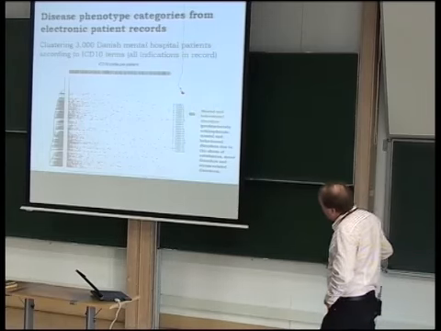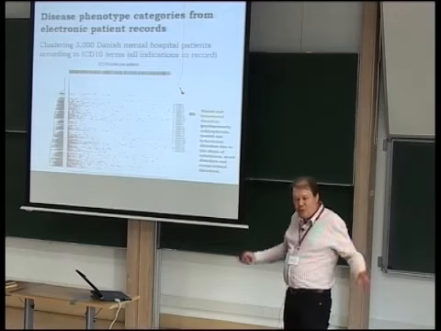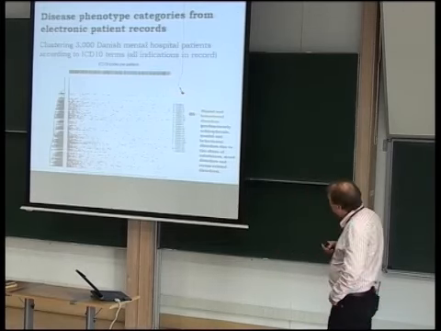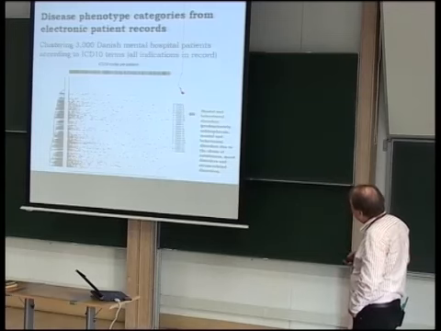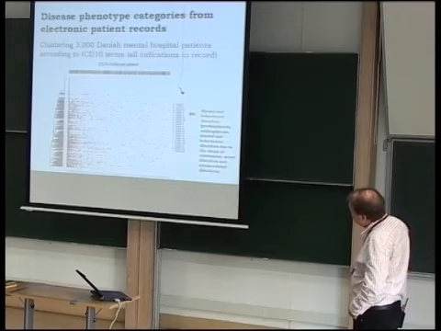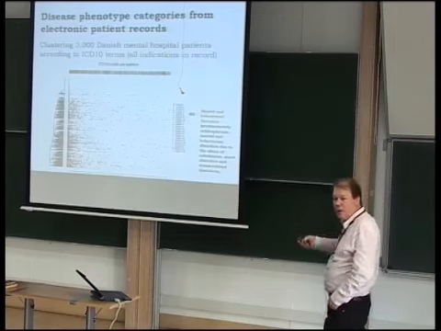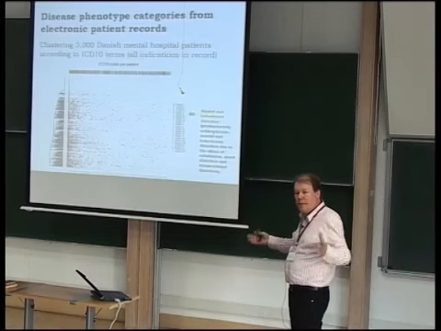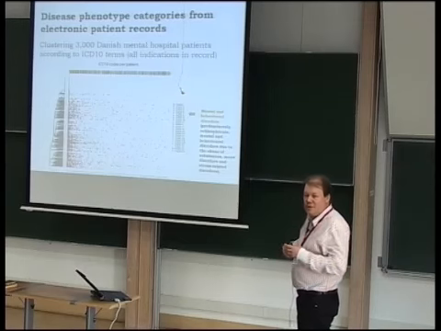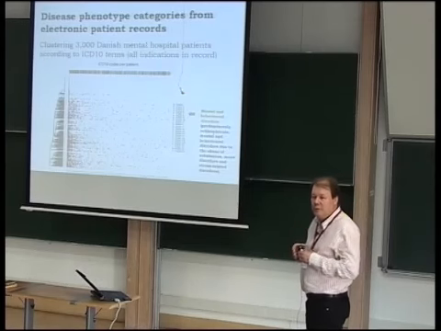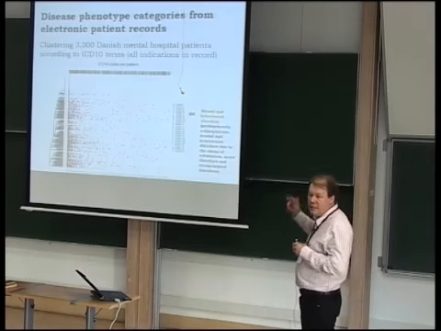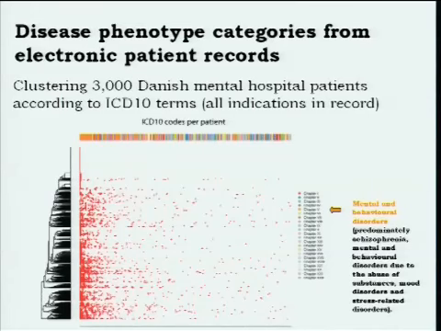But you have a lot of other, you can have cancer, I mean you can have diabetes and so on, so you can have many other ICD-10 codes that belong to other chapters, and you can see here how all the patients cluster. And this is of course very primitive, but I think eventually when we will be able to take 10 years of electronic patient records, we will be able to see new correlations between diseases, and we will be able to identify and define new diseases from these texts, and of course also use it, as I said,